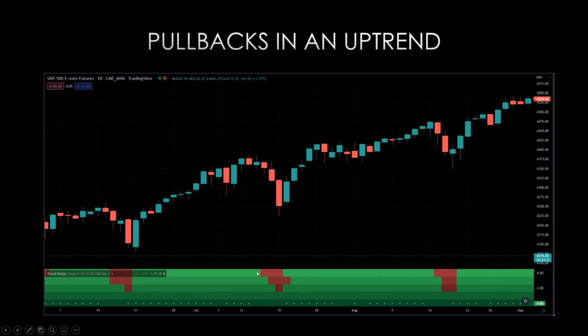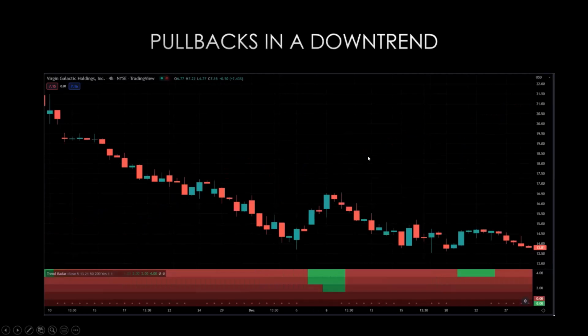So we like to say that this is a common pattern for healthy pullbacks in a strong uptrend or strong downtrend, where we make it down to the medium term in terms of red cells here. So we have red squares deepening or diving down all the way to the medium term EMA before we bounce and see those indicators return to bullish. Or in the next case, price bounces up, but we see our green squares dip down to the medium term here, the middle line, before finally price continues with the overarching downtrend.